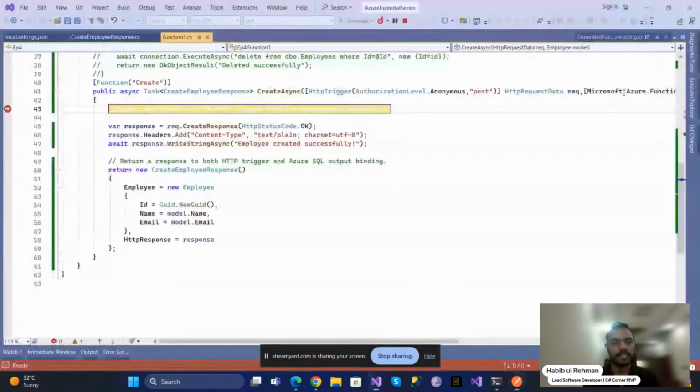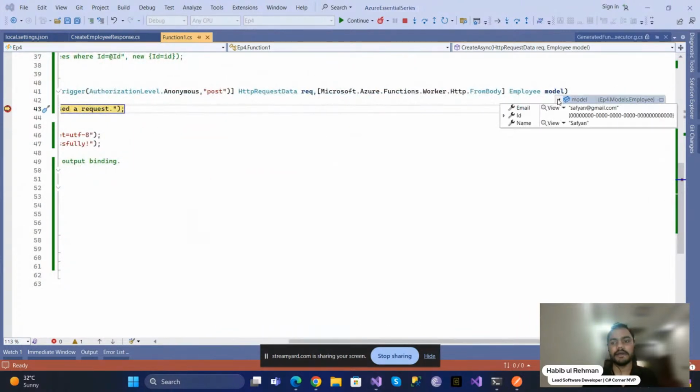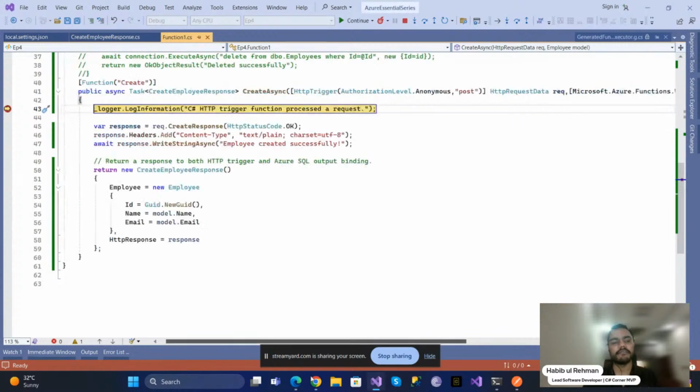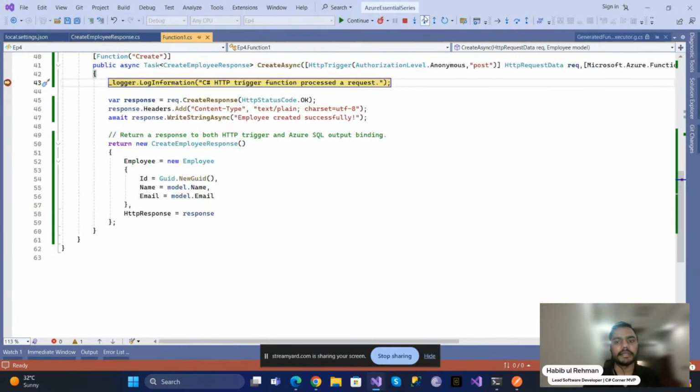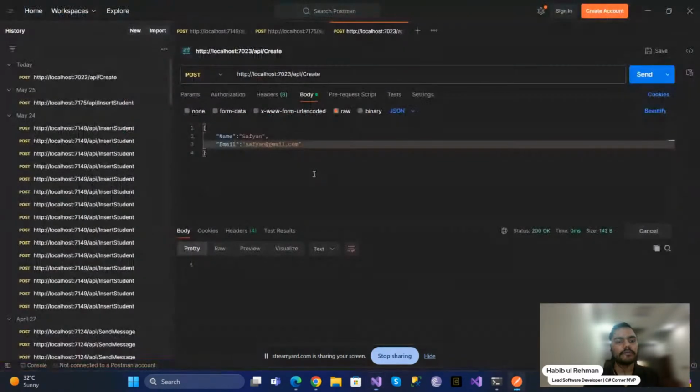Let's hit this API. Okay. My HTTP trigger function is triggered, and if I see the model, I can read the values. Email and name are coming, ID is not coming because I have not passed it from my body. So let's continue this. First of all, I'm creating an OK response so that I can return this to the client. Then I am writing that response, basically, which says employee created successfully. And here I'm passing my name and email with a new GUID. So if I click on continue,